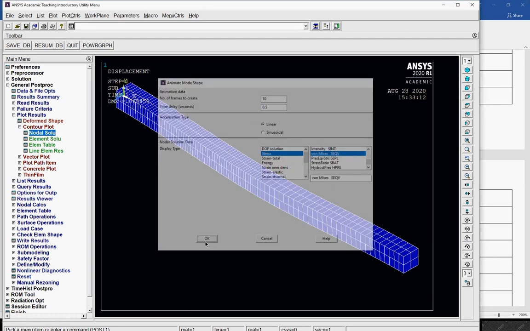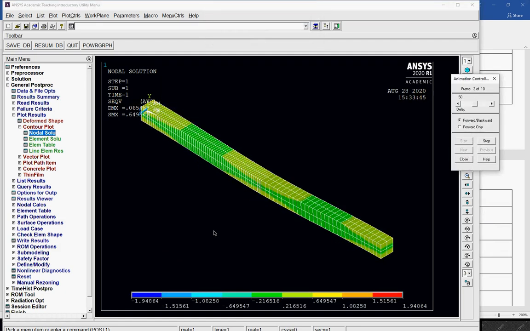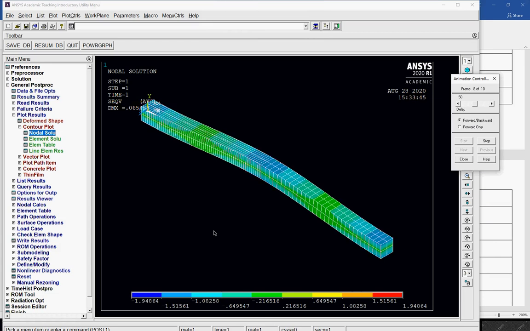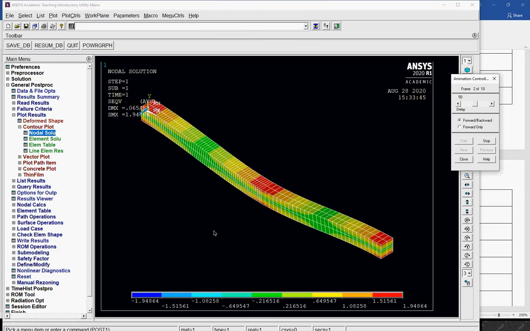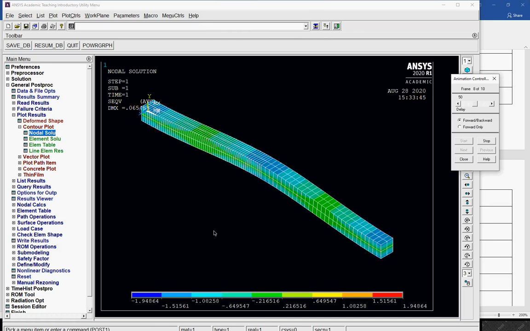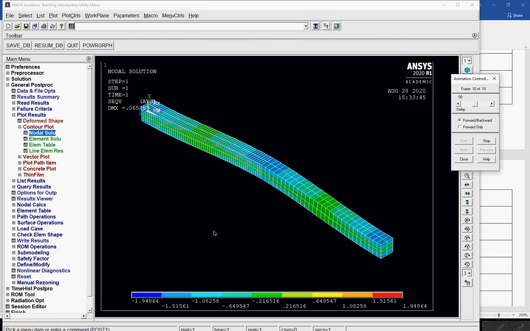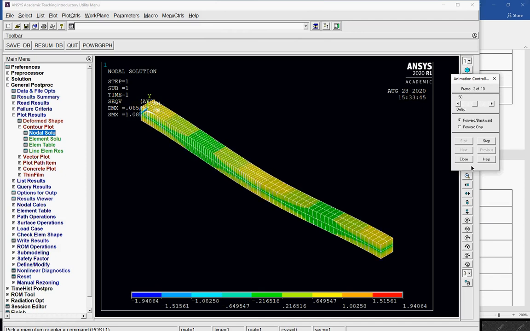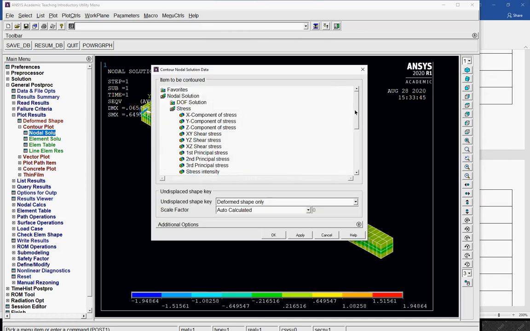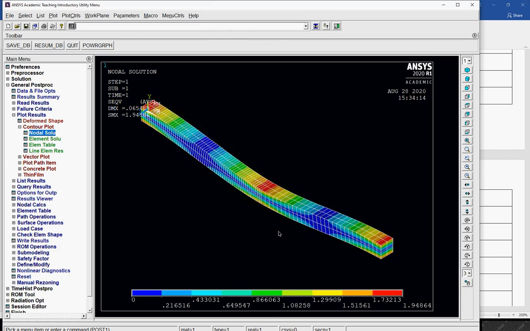Okay, so you could see animation of our von Mises stress. Okay, close. I just plot the back again, von Mises. So this is how my stress distribution is varying.